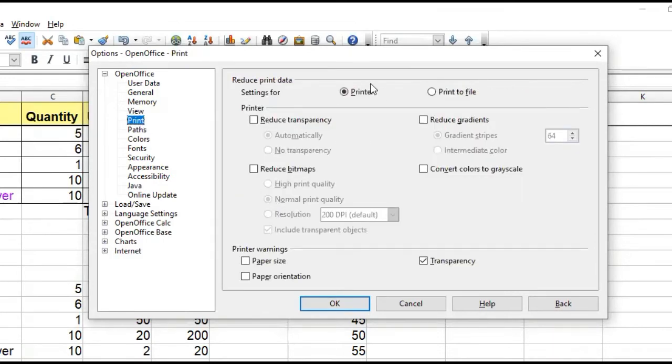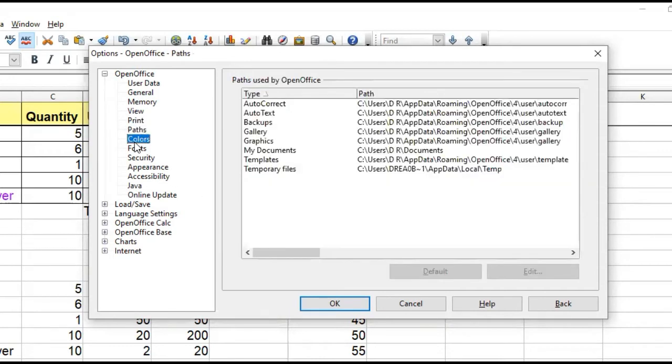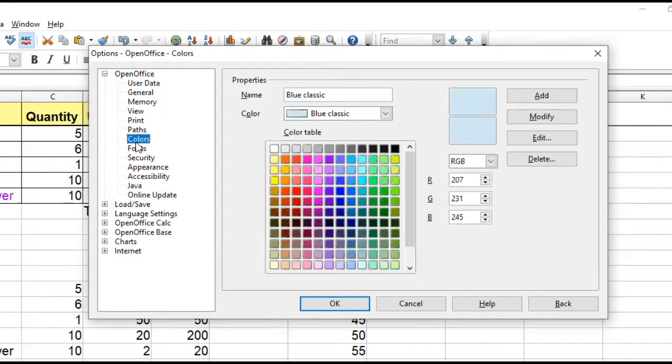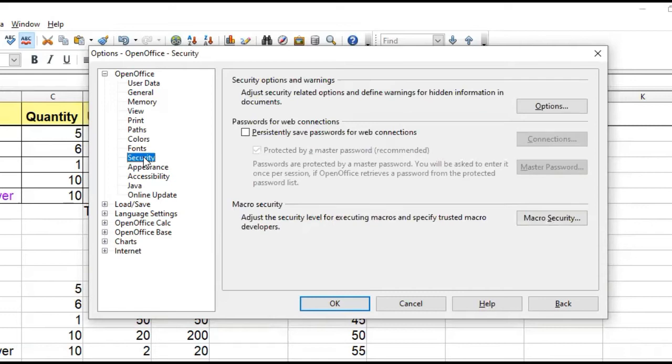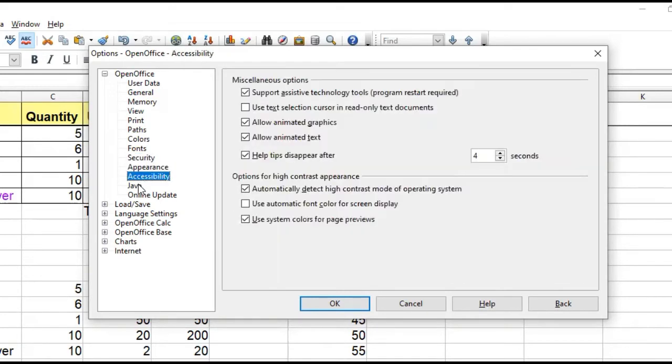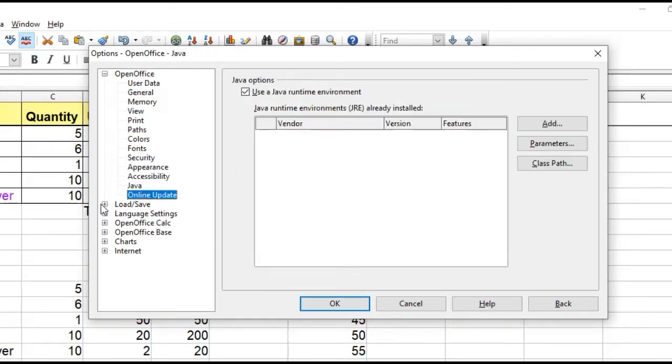Then print option. Now the color palette you can change from here if you modify this. Then font options, security, appearance, accessibility, Java, online update.